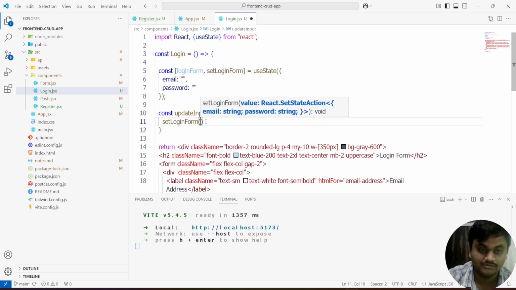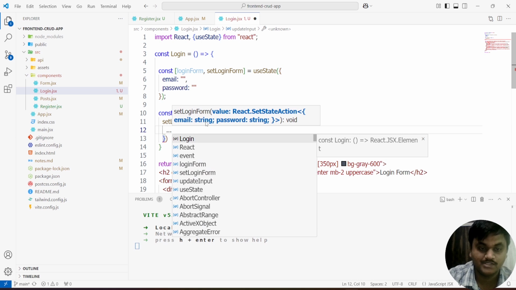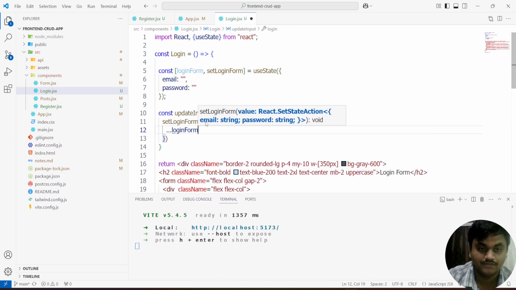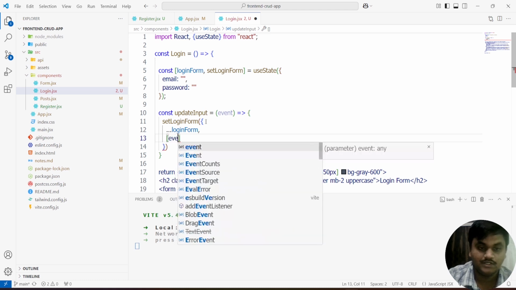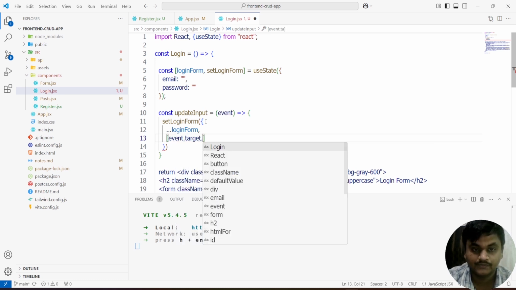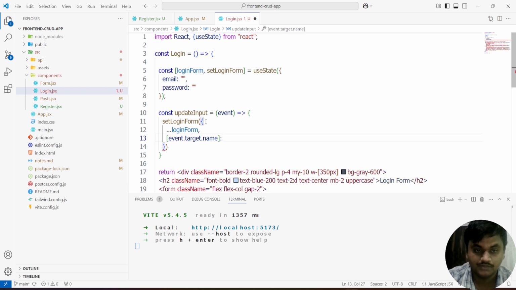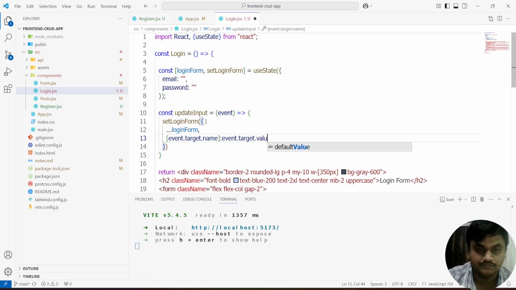setLoginForm, we are going to take the object. Here first we are going to take the object elements like ...loginForm, comma, event.target.name colon event.target.value. event.target.name